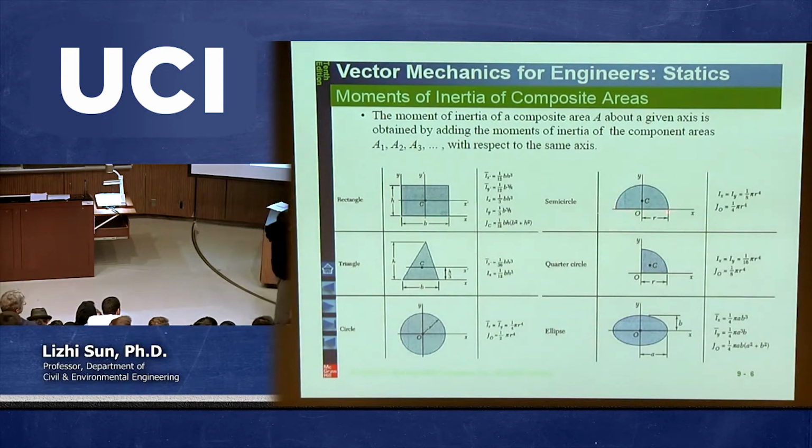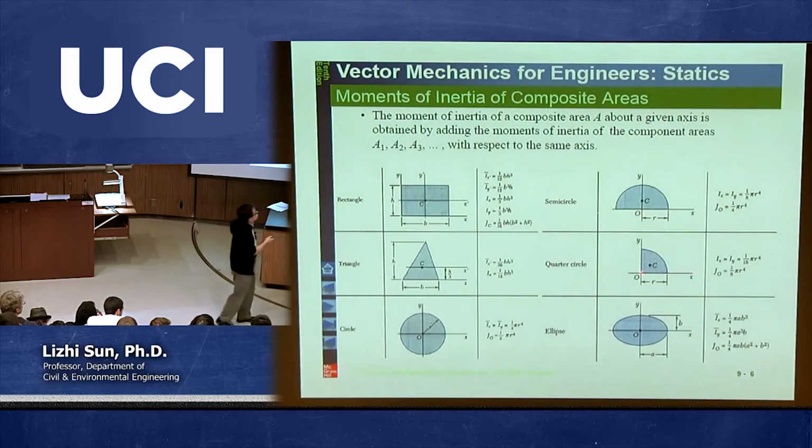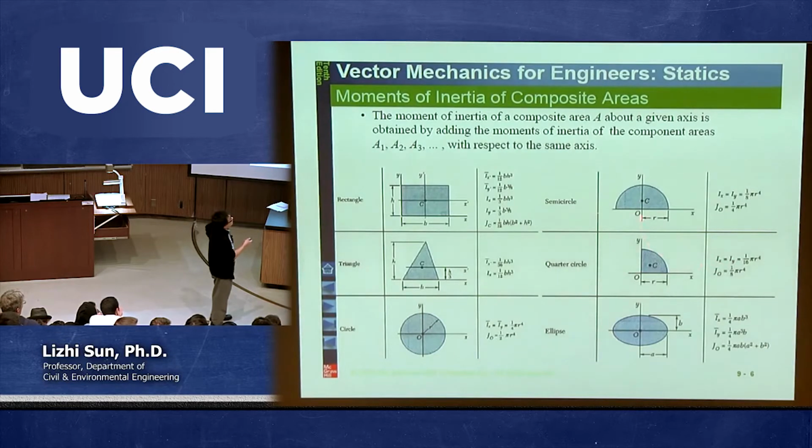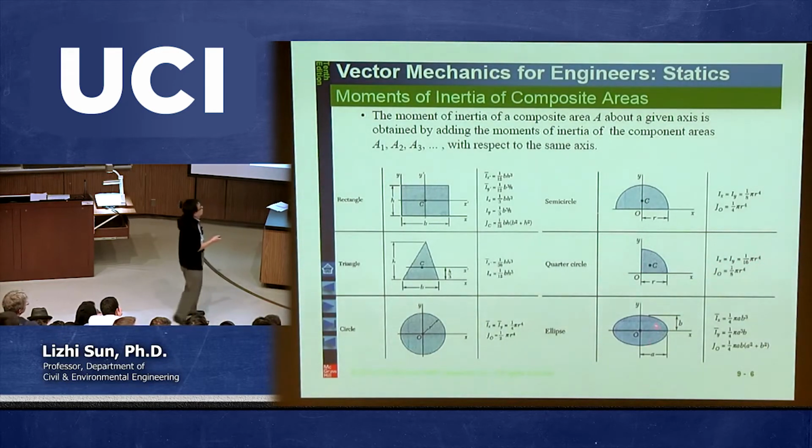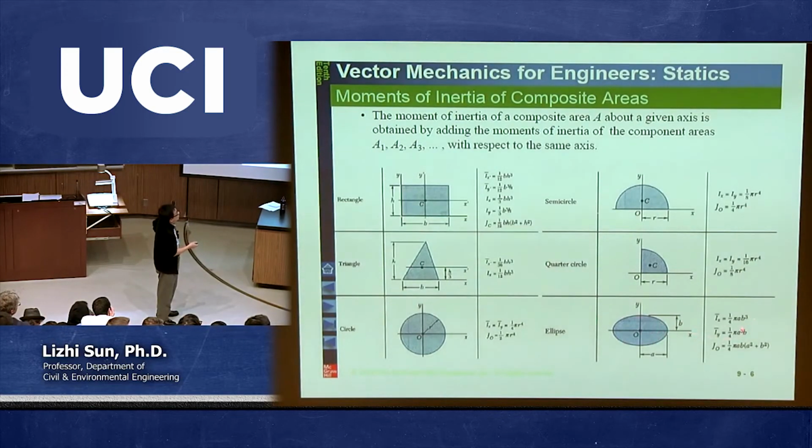If I have a half circle, the moments of inertia with respect to x and y are 1 over 8 pi r to the 4th power. If you have a quarter circle, then Ix and Iy with this x and this y are 1 over 16 pi r to the 4th power. And if you want to talk about an ellipse, that's a little bit more complicated, but it can also be